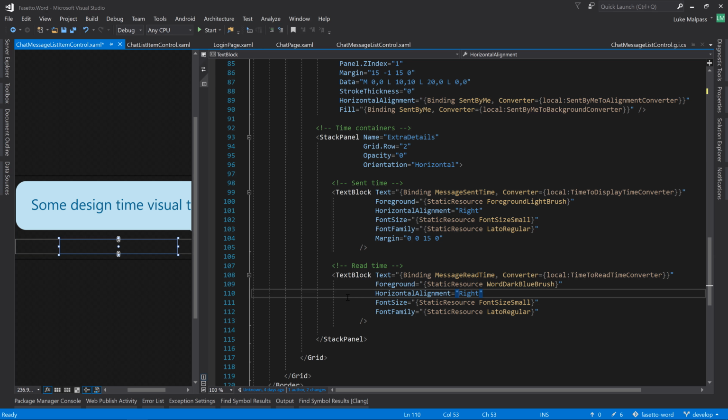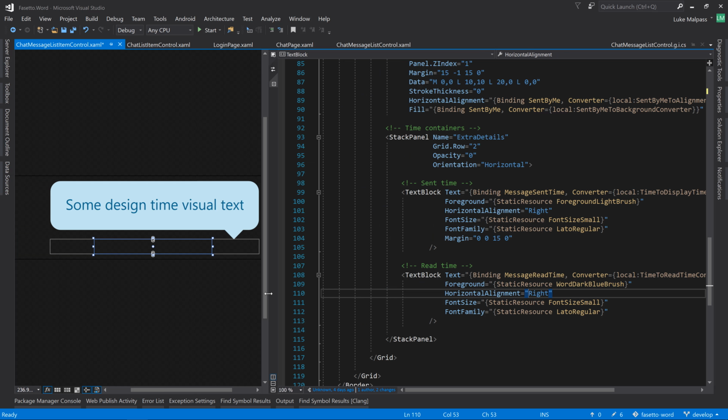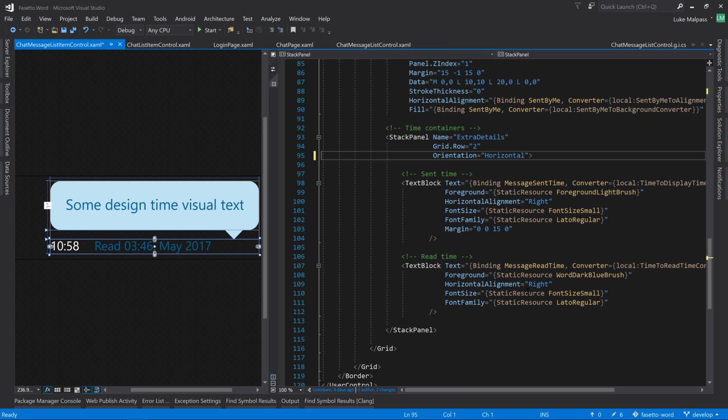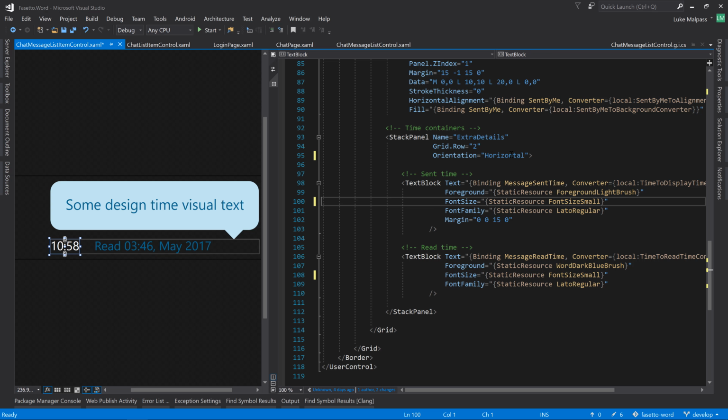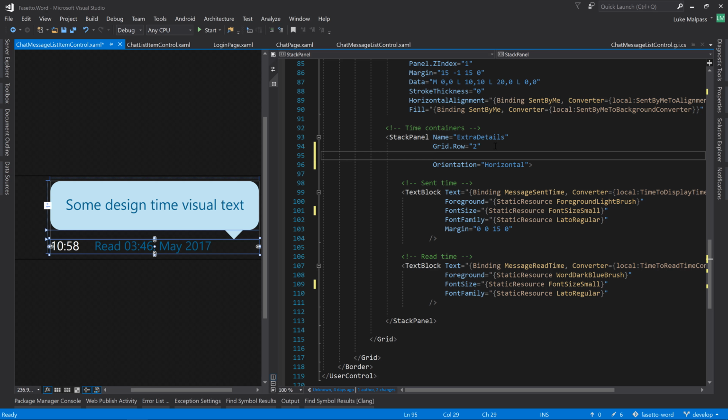Oh, we've aligned the time to the right. Okay, I don't know how we got alignment right in there, but those are doing nothing anyway. So we want to